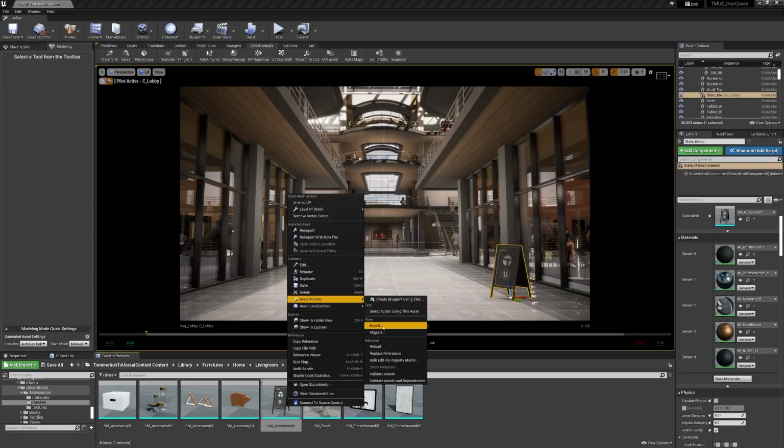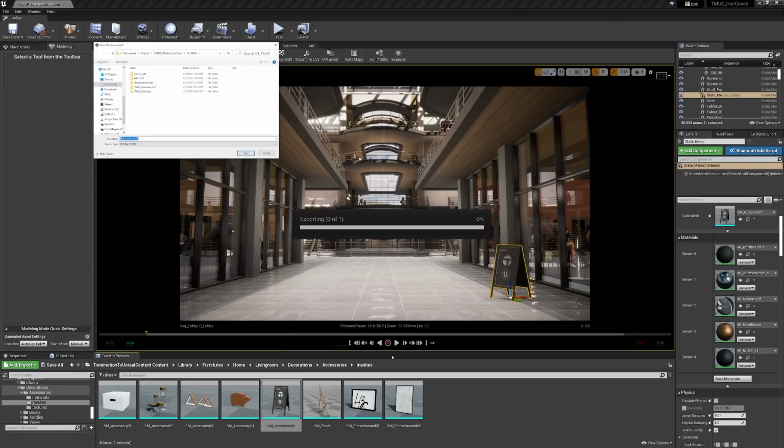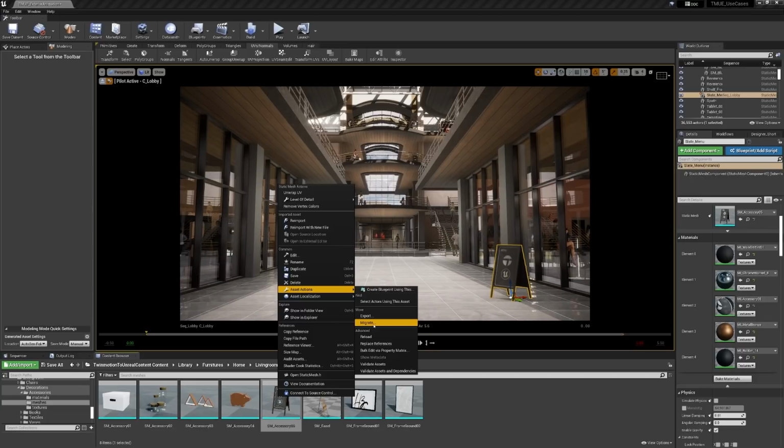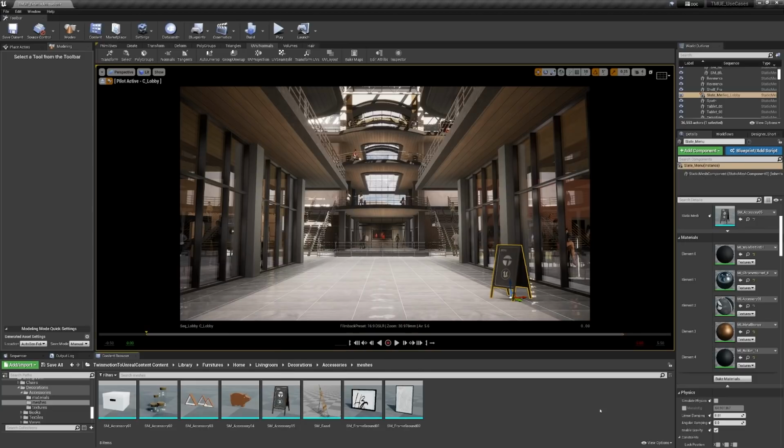And now here, I can right-click this, select Asset Location, and you'll see that we have two options for move. We could export the model, which is going to allow you to export it as an FBX or OBJ. We could also migrate the model. This is going to allow you to take the asset into other Unreal Engine projects. This means we can send our model to any other collaborators or back to designers who may need to cross-reference.